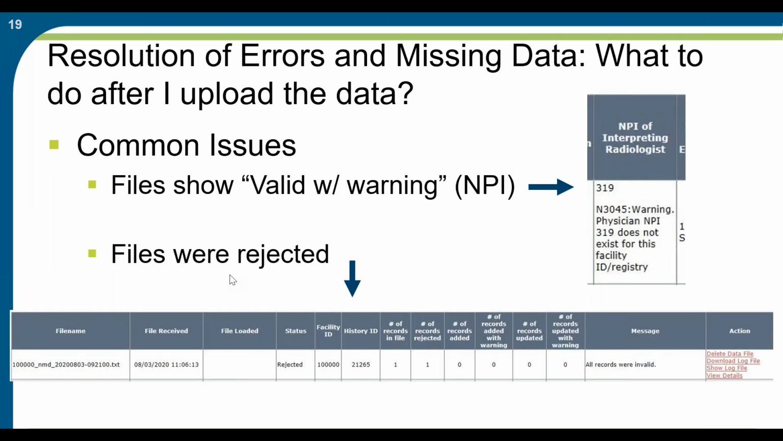So some of the issues that we get when it comes to uploading the data are rejections. You'll see there the breakdowns in terms of what was valid, what was invalid, and then you can click on show log file or download log file. On occasion, you'll get